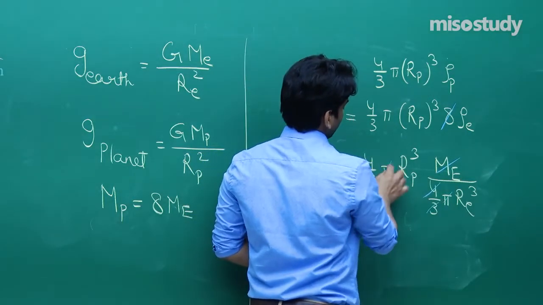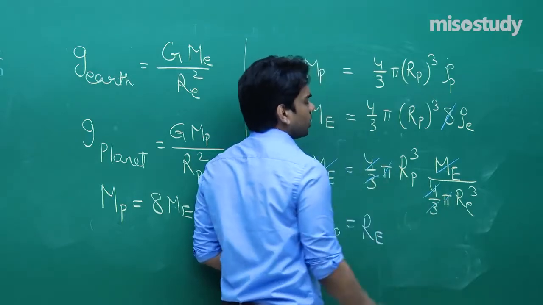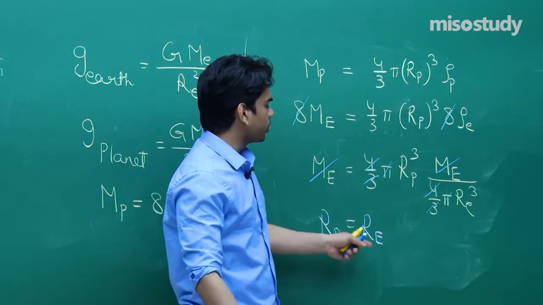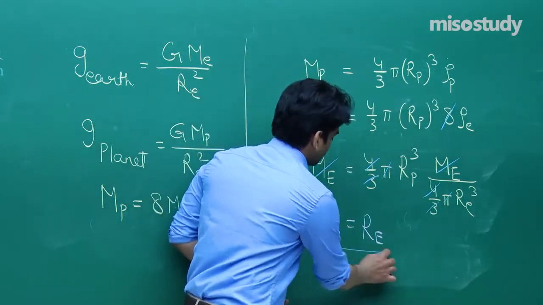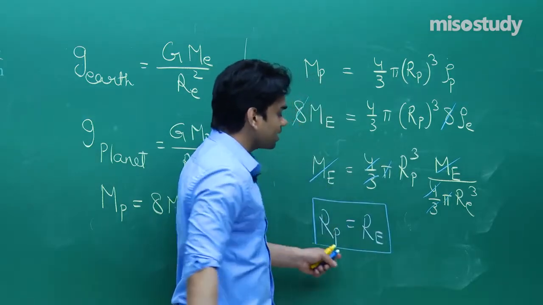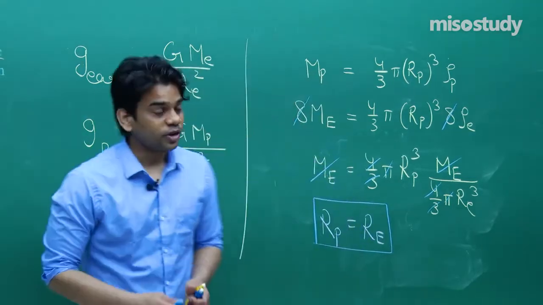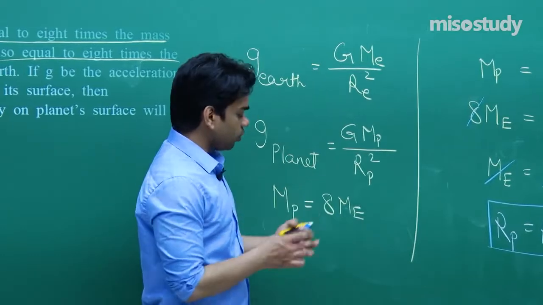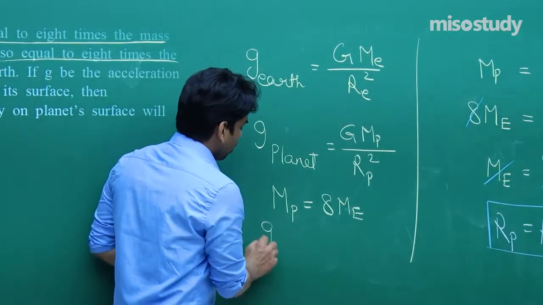All these terms will be cancelled out, so you'll be left with this. You can easily compare: the radius of the planet will be equal to the radius of Earth. Note this down. Next, just put this value here. That is what we need to evaluate. If you put this value here, you will get g on the planet,